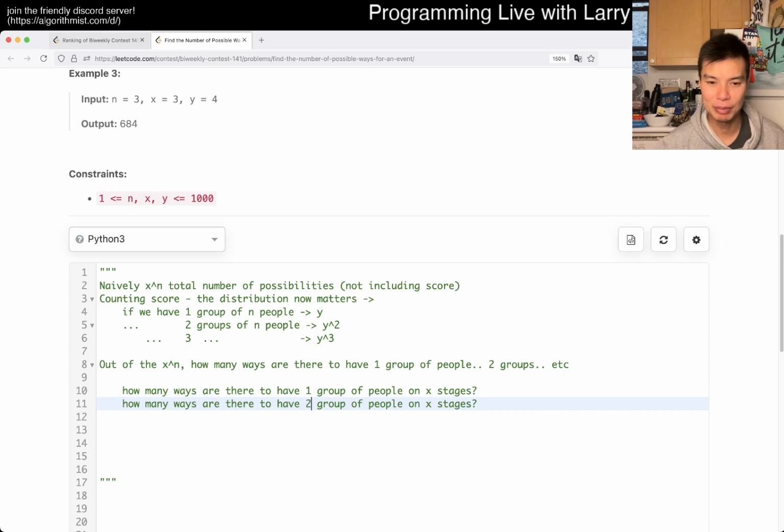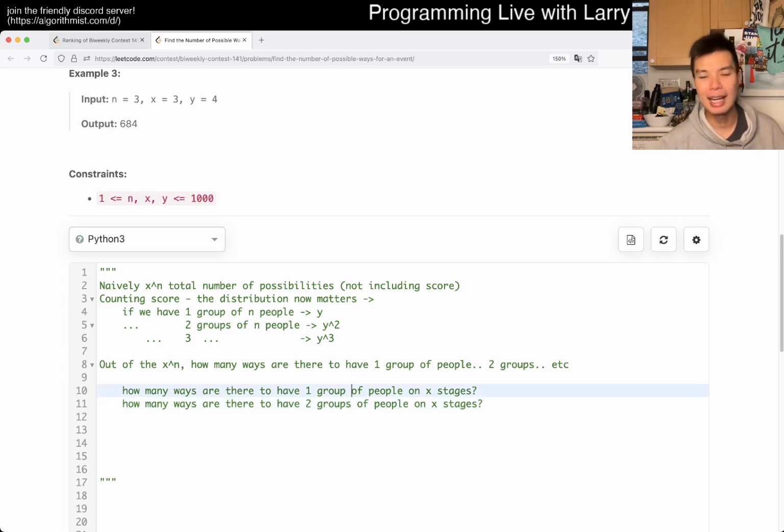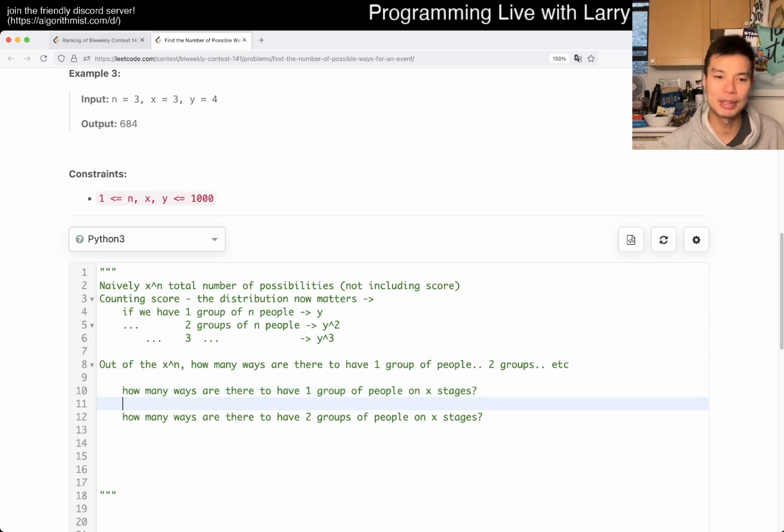How many ways are there to have 2 groups of people on X stages? Honestly, my combinatorics is not as strong as it used to be. Going back to the same mistake I made earlier, for a little bit I thought it would be distinct as well, or not distinct. So the difference between whether they're distinct or not, or whether the order matters, is that if the order doesn't matter, meaning they're not distinct, then,